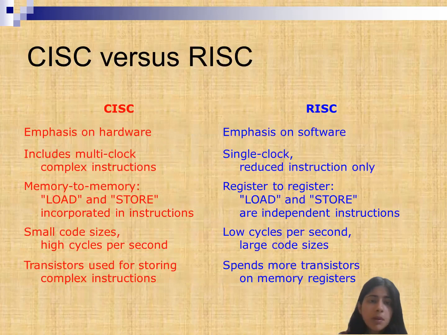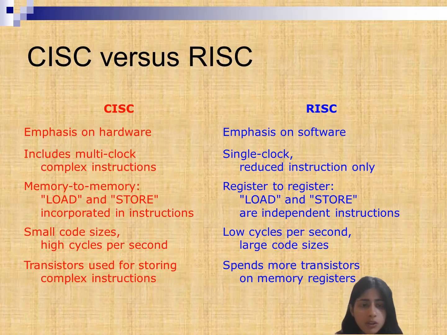Now, what is the difference between RISC and CISC? CISC emphasizes hardware, whereas RISC emphasizes software. CISC includes multi-clock complex instructions, whereas RISC includes single clock reduced instructions only. CISC is memory to memory, with load and store incorporated in instructions, whereas RISC is register to register, with load and store as independent